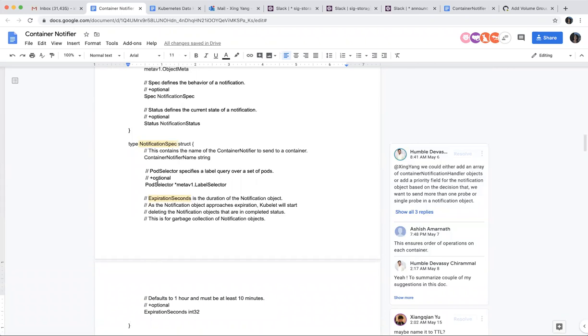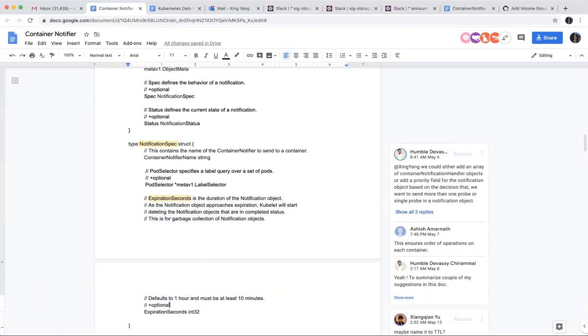And then there's a pod selector, which specifies which pod we should be sending this request to. And then there's this expiration seconds. This one is more for garbage collection, but I think there were some concerns about this option. This is just something we added, but we're not sure if we want this one or not.